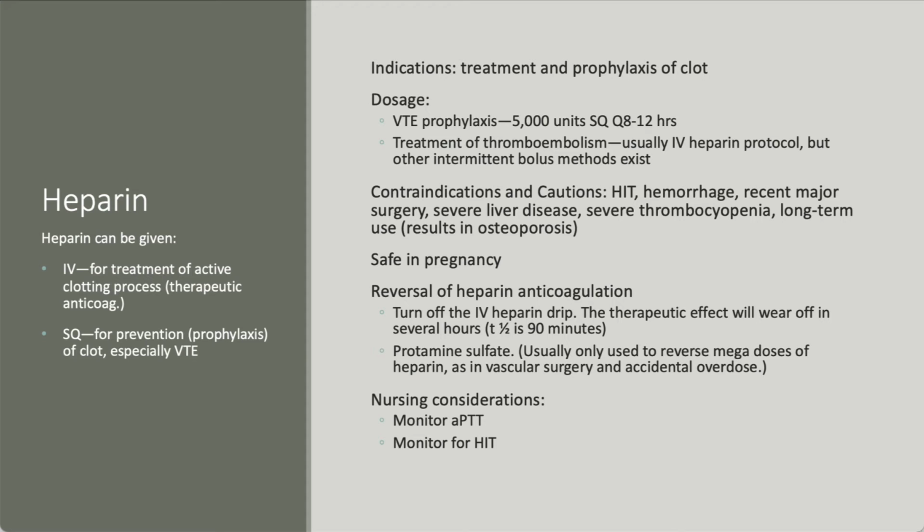If they just had gastric bypass surgery, for instance, and they show up and they have a big swollen leg, we really want to make sure that we're treating a DVT before we expose them to the risk of an anticoagulant. Okay? Severe thrombocytopenia with a platelet count of like 100,000, that would be an indication not to use heparin. And we don't use heparin long term because that causes osteoporosis.